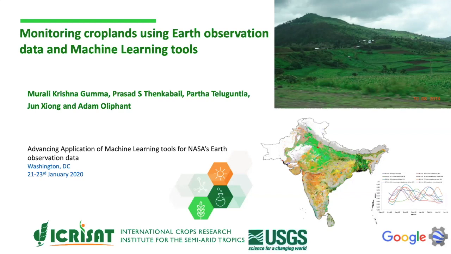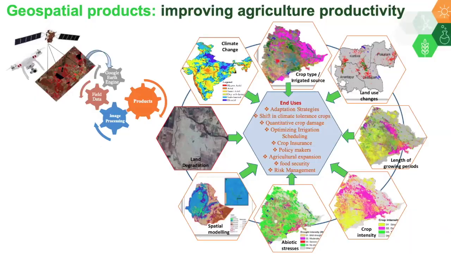As you all know, ICRISAT is one of the 15 CG centers, which are non-profit organizations. ICRISAT is mainly working on dryland areas in Africa, South Asia, and Southeast Asia. Our unit is mainly a supporting unit. We support the multidisciplinary teams, and we produce various products, which are crop type, crop including irrigation source,